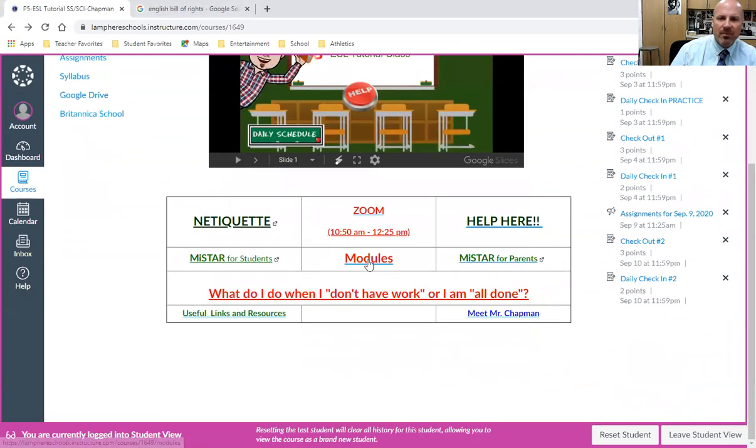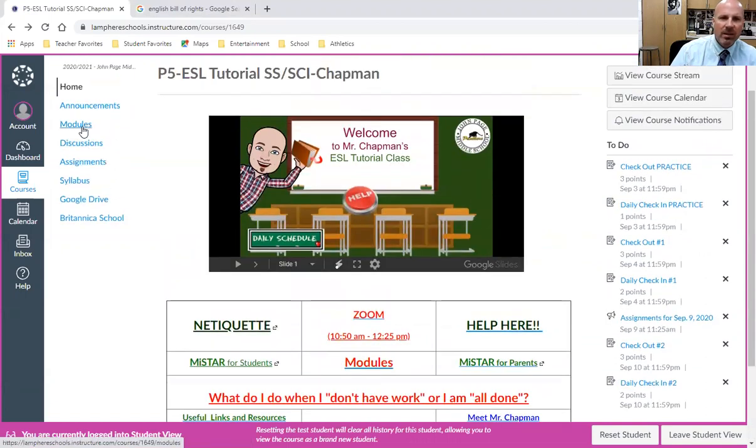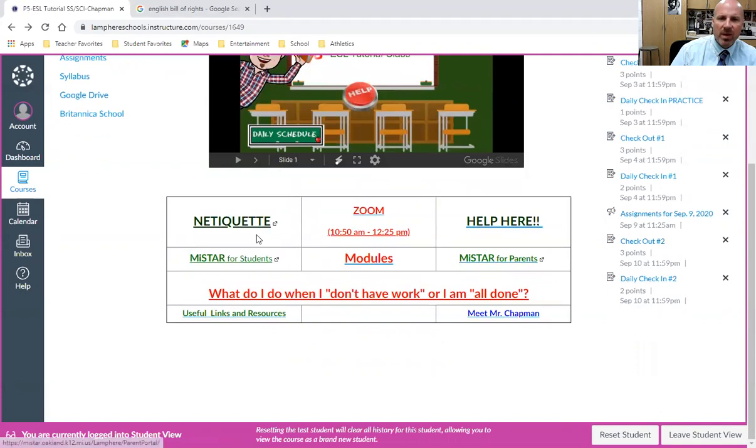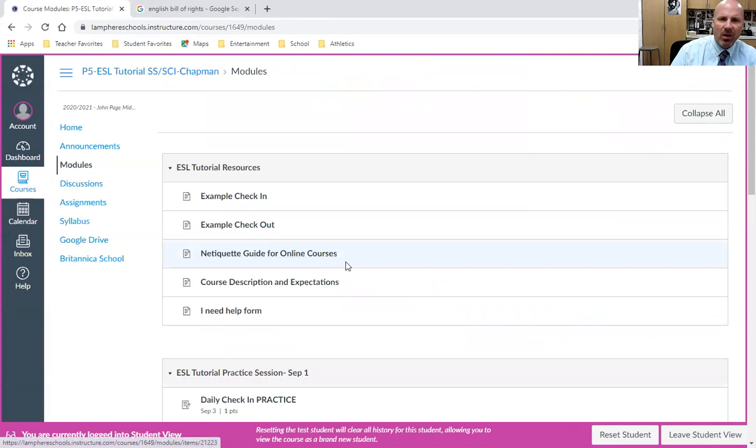Remember that where we go is the module, so you can click it either here or here. You can also see on our homepage that there's a link to check your grades on MyStar for students and a link to check your grades on MyStar for parents or family members. Okay, so we're going to go to modules, and as always, at the top here, there's an example of our